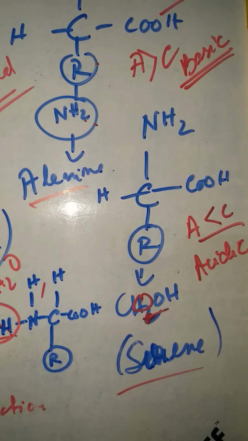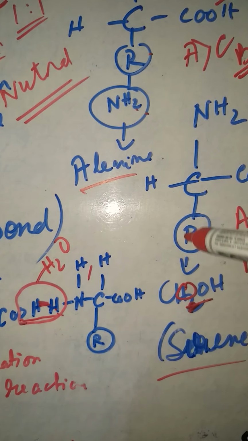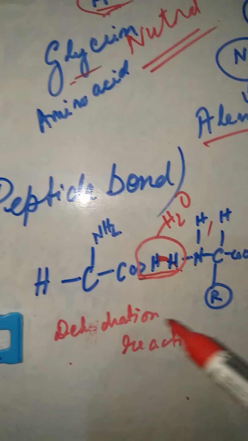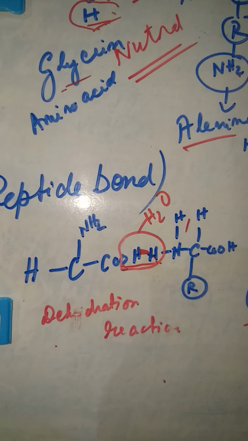And in the third case, you see, we have 2 carboxylic groups and 1 NH2, where R is replaced, so this is an acidic one. And the peptide bond formation between H and OH, replacement of this, and this is called a hydrogen